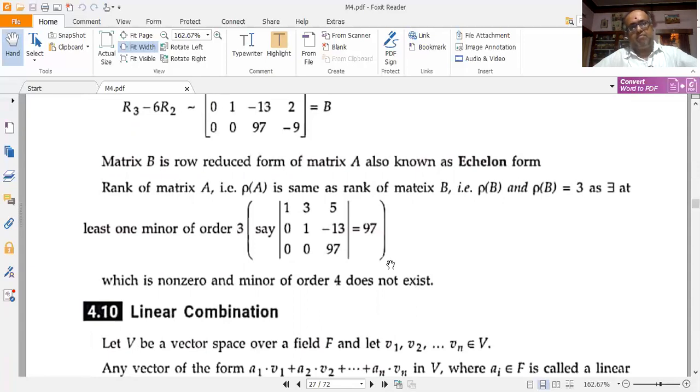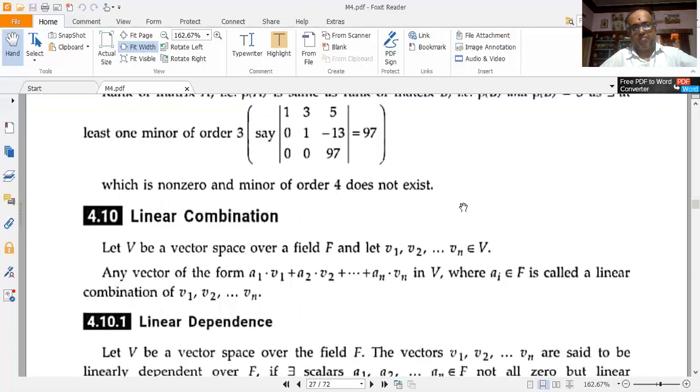So that's why a minor of order 4 does not exist. So it depends upon the order of the minor. So this is now the order of the minor, which does not disappear. It would disappear if the determinant of the minor were equal to 0, but fortunately it is non-zero. The order of the minor is equal to 3, whose determinant is equal to 97. So the order of the minor which makes the determinant not vanish is going to be the rank of the matrix. So the order of the minor is 3. That's why the rank of the matrix is going to be 3. This we have studied in our engineering mathematics 1, right? So the same criteria I am using here also.